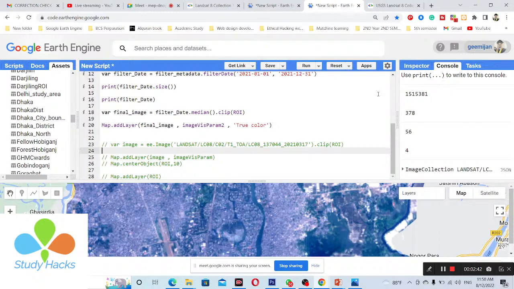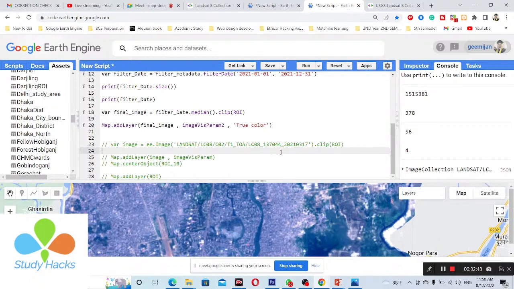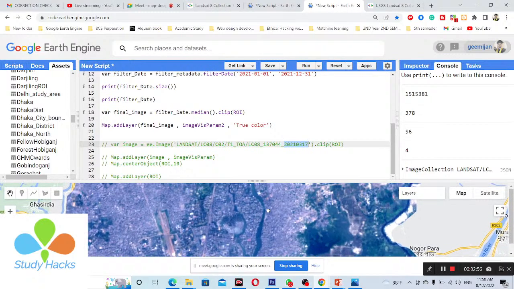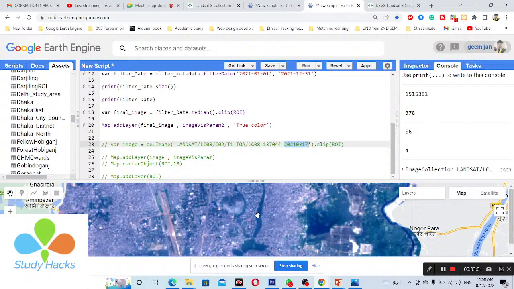But when I want to use only a single image, this single image is only for this time. Suppose all of the band values in this single image, I can see only for this image's band value in here. But when I want to combine all of the images and create the median pixel value, then I can create the median image. So that's why we can get some different results.